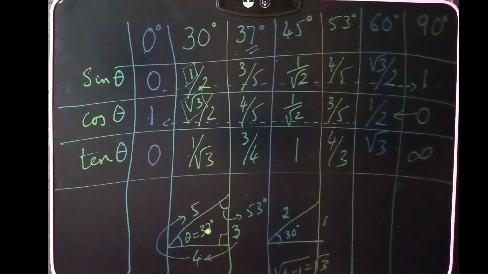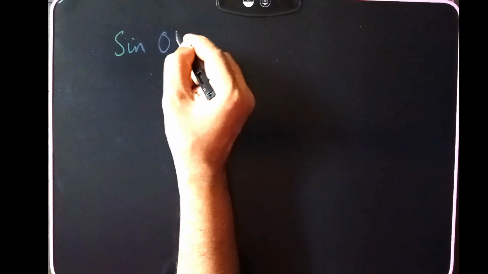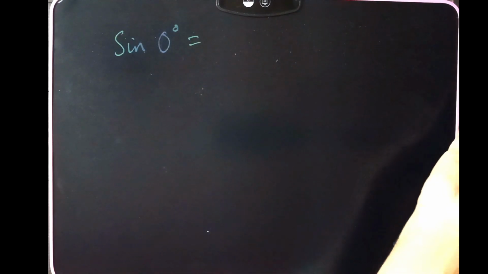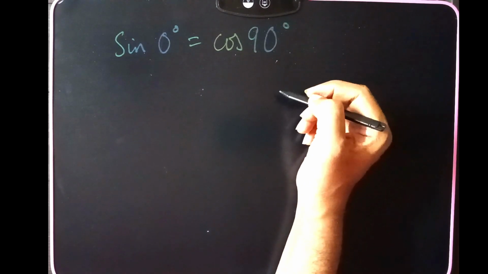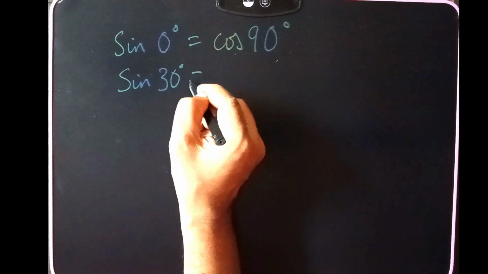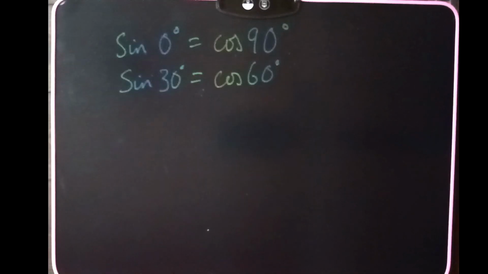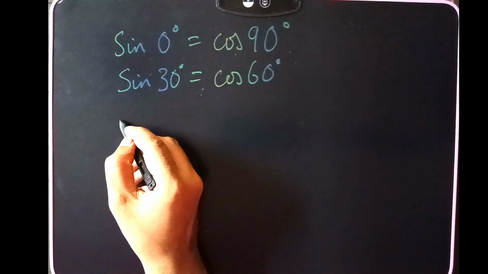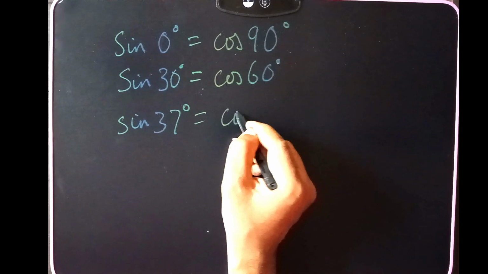Interesting thing from here, what you notice is, let us go to the next slate, clean slate we will take. We have noticed that sine of 0 degrees is equal to the extreme value of cos of 90 degrees, right? These were equal. The sine of 30 degrees, you saw it equal to cos of 60 degrees, right? Then sine of 37 degrees, you saw it equal to cos of